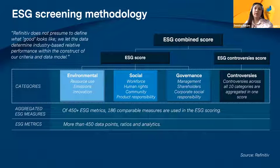Refinitiv scores are comprehensive and use data-driven methodology. It encourages ESG reporting transparency where companies are penalized for poor disclosure and includes a controversies overlay. The outcome is comparable between industry peers because of the percentile-based scoring system used. The materiality of the ESG factors are adjusted by the industry, and the ESG score is refreshed weekly because of company updates, new companies entering the scoring system, or perhaps controversies encountered by the companies that are included in the